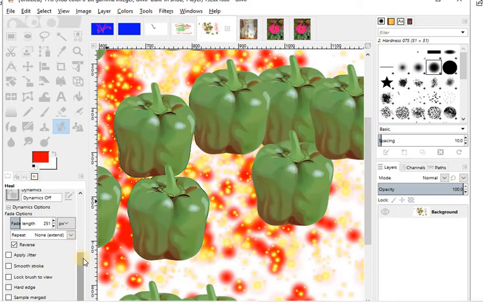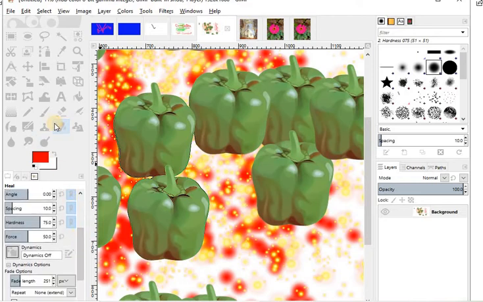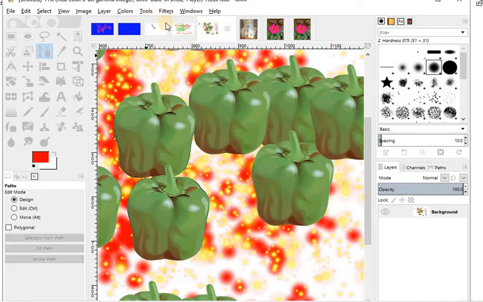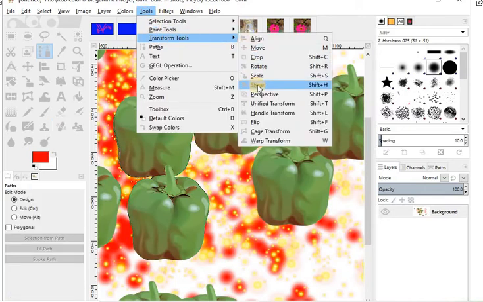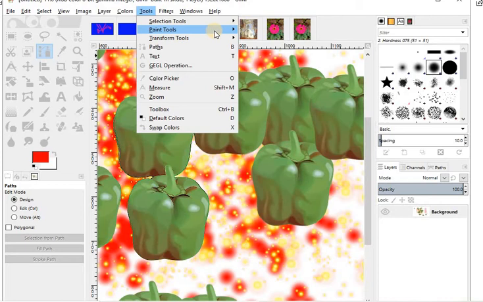Here also we can apply the jitter. Just do not make it reverse. Just blur it. Actually, this is the heal tool selected by default. Just click on the tools, the transform tool, and here we have the pen tools.